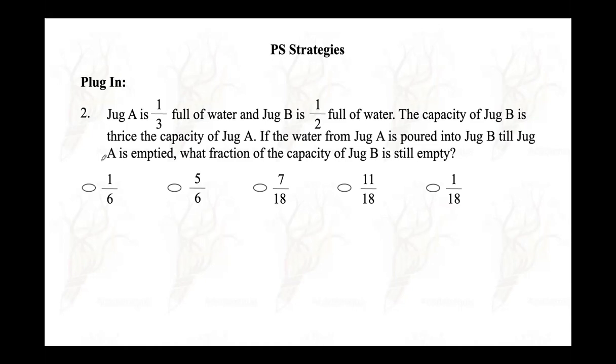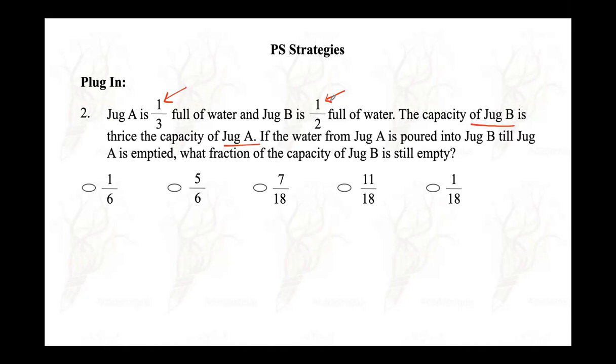And you would have finally got the answer in terms of fractions. We don't really need to do that. Again, let's focus on the concept that the capacity of jug B is thrice the capacity of jug A, which means jug B will have 3 times the capacity of jug A. And we also note that we are dealing with figures like 1/3 and half. So if we can take a number which is divisible by both 3 and 2, that would have made our